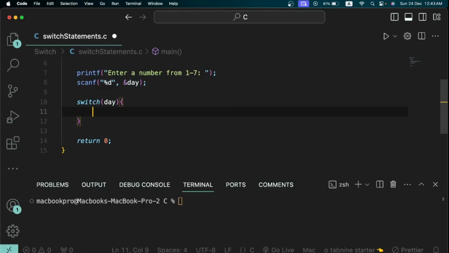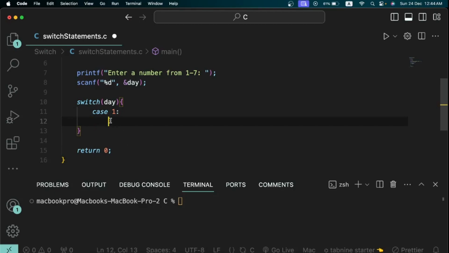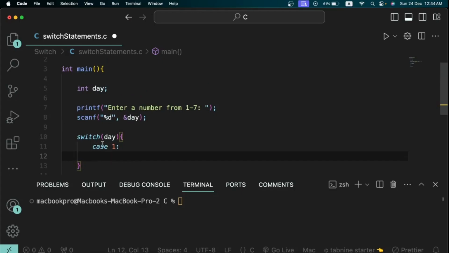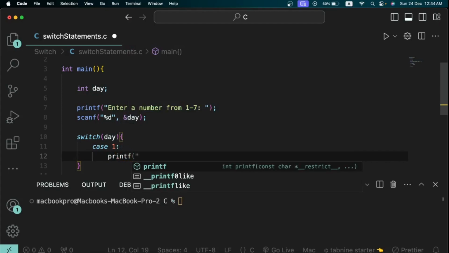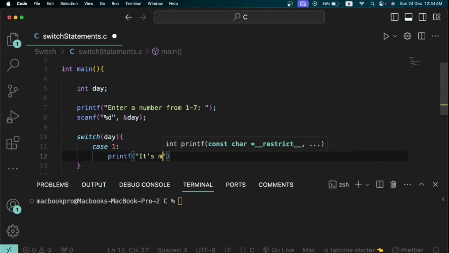So when I press enter, we're going to type case 1. But before I continue typing, I want to explain. I said that we're going to be comparing a specific value to multiple cases. So we want to say that in the case where what the user enters from this scanf is 1, we want to execute some code below. I'm just going to say in the case where what the user enters is 1, I want to printf, it's Monday,